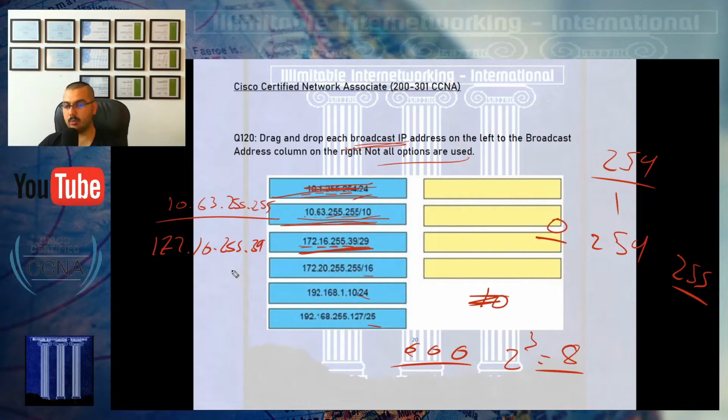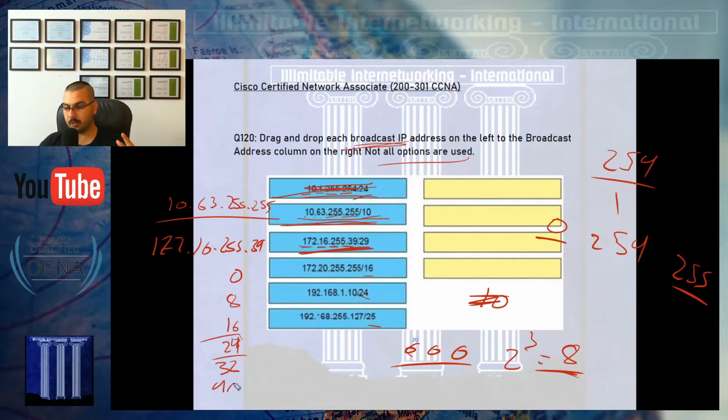So an increment of 8 will be starting from 0, starting from 8, starting from 16, starting from 24. These are network IDs. I'm using the increment value of 8 that I got from the number of zeros. So the first range will start from 0 with an increment value of 8. So it will be 0, 1, 2, 3, 4, 5, 6, 7. So 0 will be the network ID of this network. 7 will be the broadcast ID. 8 will be the next network ID. Increase by 8 to jump to the next network ID: 16, 24, 32,